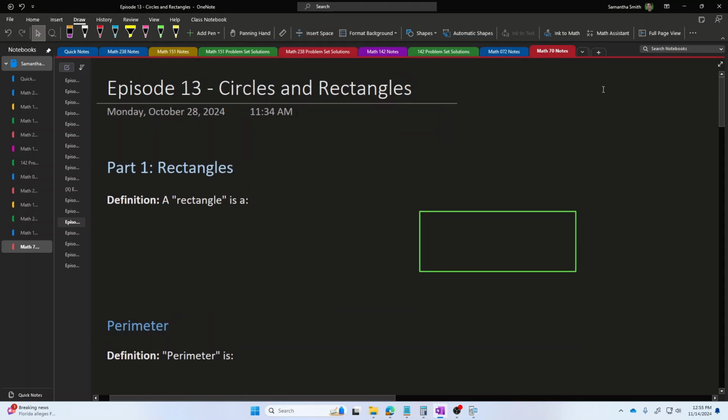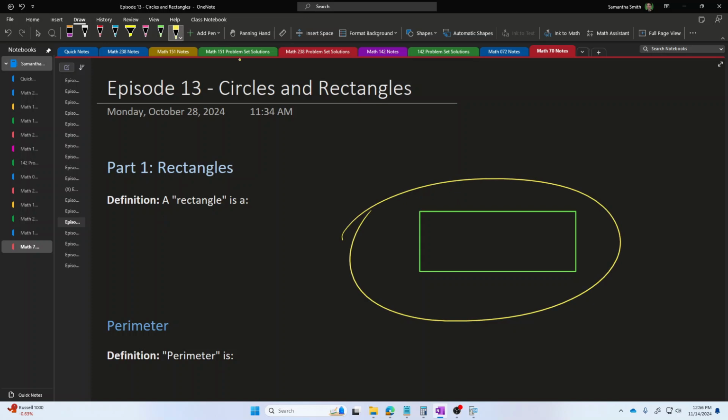In this episode, we're going to start to get some practice evaluating expressions in the context of geometry, calculating different measurements for different shapes and objects. Now, in the first part, the specific variety of shape that I want to focus on is a shape that's called a rectangle. A rectangle is a shape that looks like this object drawn here on the right side.